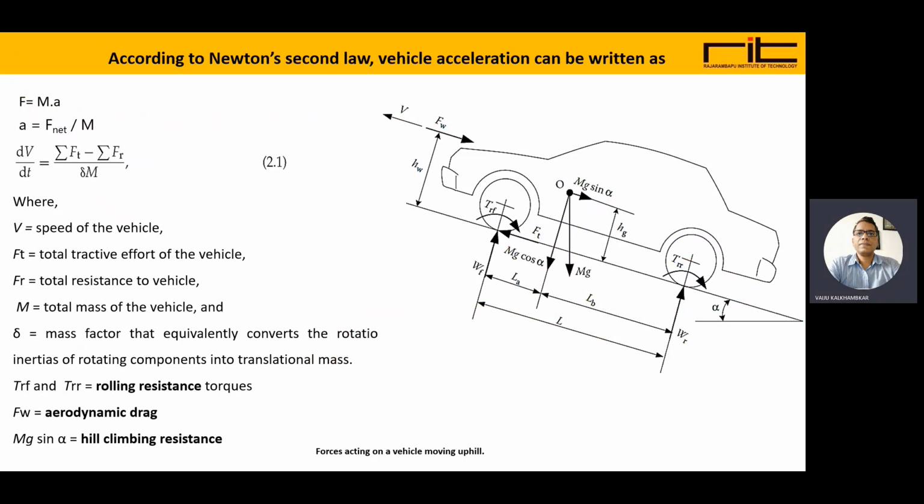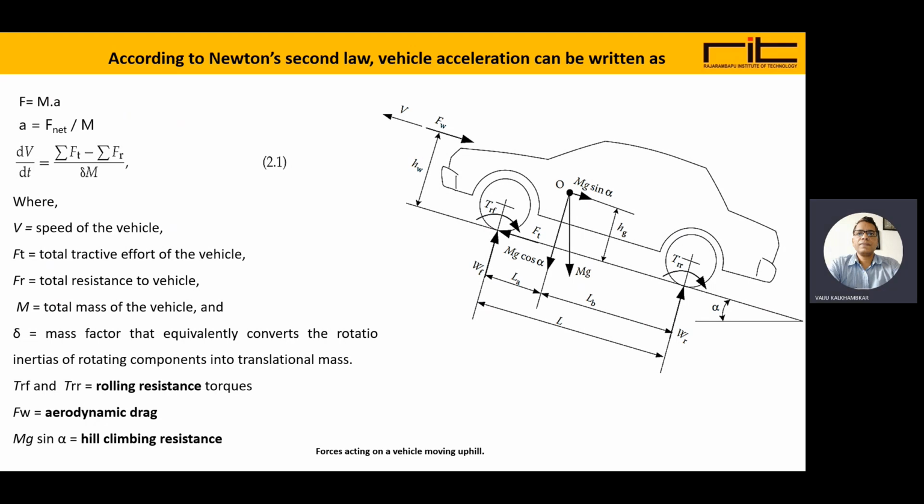According to Newton's second law, force equals mass into acceleration. So acceleration is force divided by mass. We can represent this acceleration in terms of the rate of change of velocity with respect to time, that is dv by dt, which is equal to the total tractive effort of the vehicle given by the engine minus the total resistance to the vehicle. So this is the difference, the net force that will act on the vehicle to accelerate it, divided by